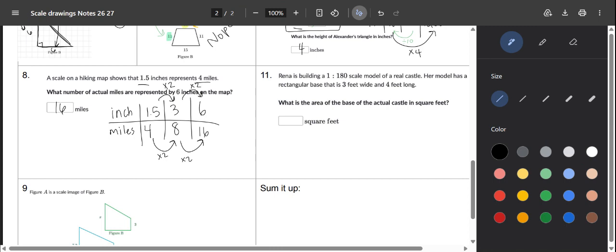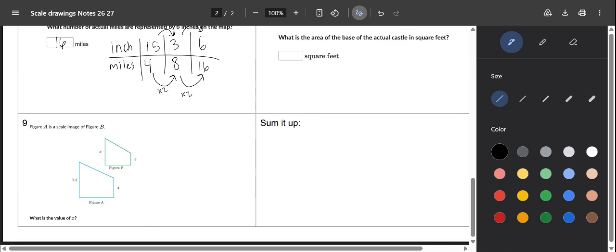All right, number 9. Figure A is a scale image of figure B, so we know it is going to match up. If we multiply this side by one number to get that side, then we're going to do the same thing for any other side. We're looking for the value of x. So let's do ratio of A to B. I know that this side that has a length of 3 corresponds to that side that has a length of 4. And then,